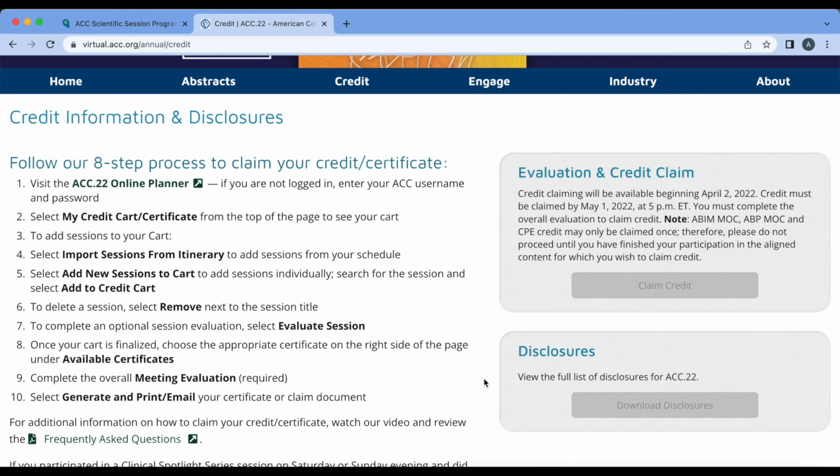Evaluation and credit claiming will be available beginning April 2nd, 2022, and credit must be claimed by May 1st, 2022. During that window, you will be able to begin the credit claiming process by clicking the Claim Credit box shown here. Please note that ABIM MOC, ABP MOC, and CPE credit may only be claimed once, so please be sure